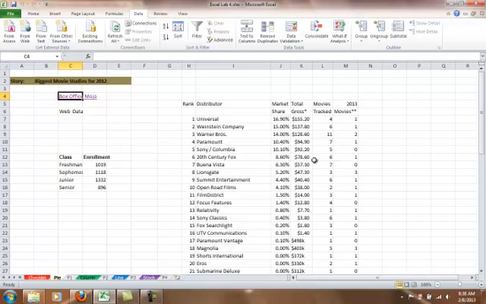Now, there's a second important feature here. This actually embedded a web query into the spreadsheet. It's behind the scenes. You can't see it, but it's there. And what that means in practical terms is that every time I open this workbook, it's going to go back to that table and get a fresh copy. Okay. So for this, obviously the numbers aren't going to change much for 2012,